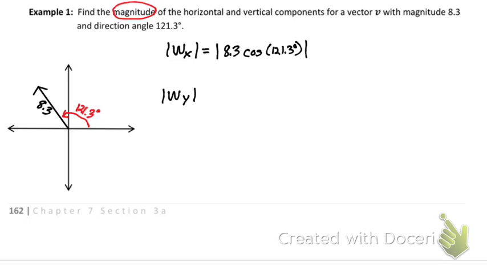Our vertical, and what I usually do just to save me some time, I usually type in my vertical and my horizontal right away, and then I can type in my calculator at the same time. Yeah? Why isn't it